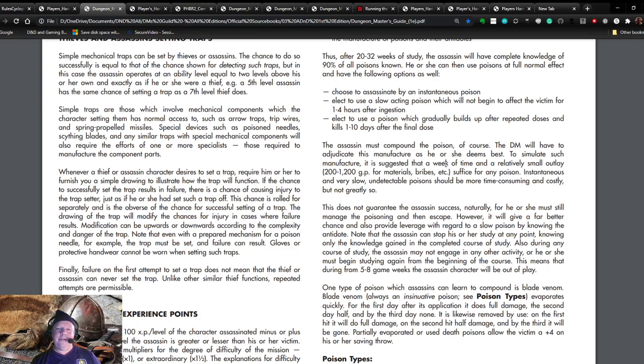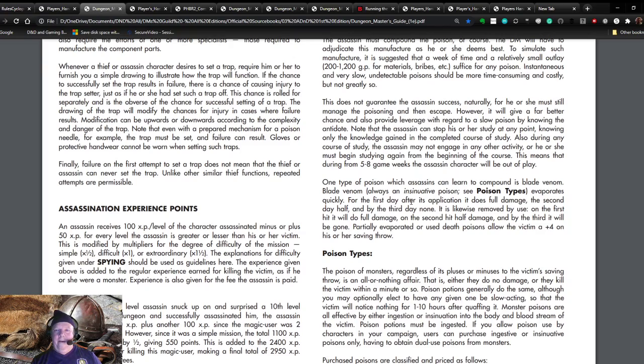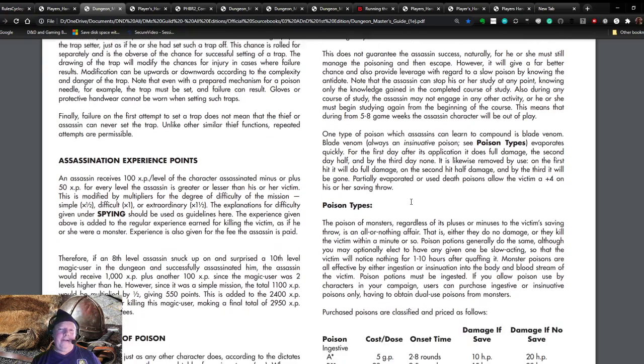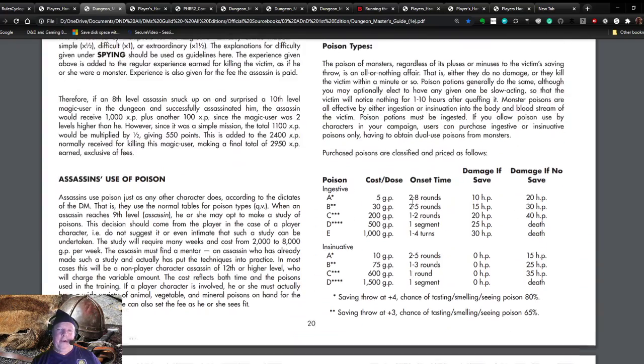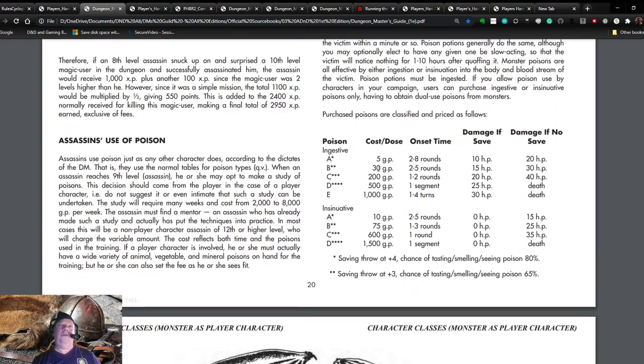Simulate each manufacture suggested a week of time and a relatively small outlay of 200 to 1,200 gold pieces for materials and bribes suffice for any poison. Instantaneous and very slow and detectable poison should be more time consuming and costly. And then, of course, there you go. So now you're starting to get some rules not only about